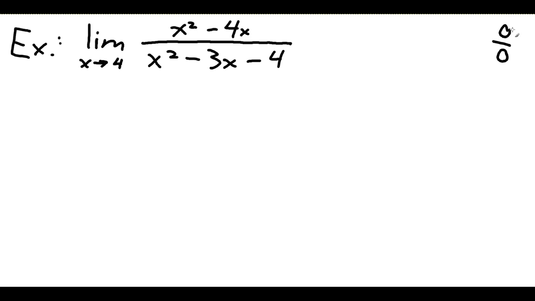If this numerator had been non-zero, and the denominator is going to 0, then that suggests that we have a vertical asymptote, and you could try some of the things that we looked at in the previous section. But knowing that this is 0 over 0, maybe it has a vertical asymptote, or maybe it's just a hole and there's actually a limit. So we'll have to do some other